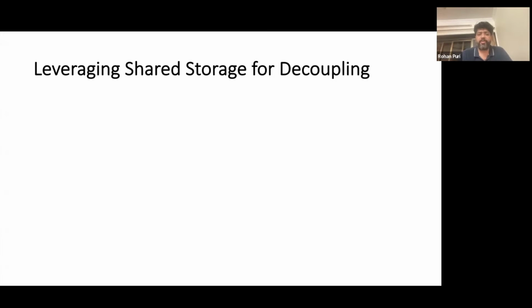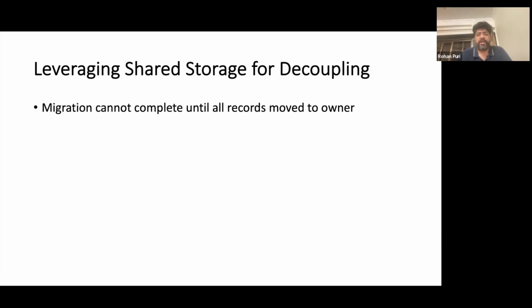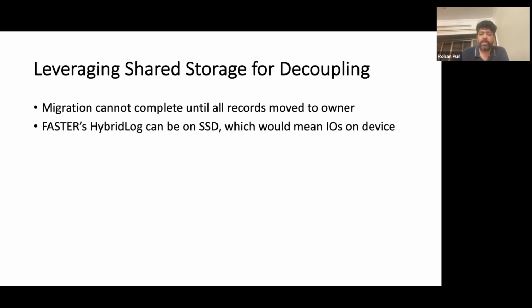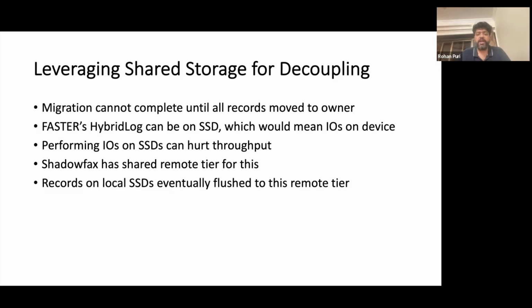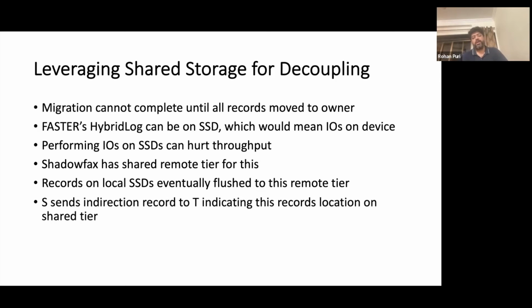Another thing that they have done is that they leverage shared storage for decoupling purposes. Migration cannot be complete until all records are moved to the owner. Faster's hybrid log can actually be on the SSD, and to move these records there would be IO involved, which would hurt throughput. So Shadowfax has a shared remote tier for this. All the local SSD records are eventually flushed to this remote tier. So source can now send an indirect record to the target indicating where that record's location would be on the